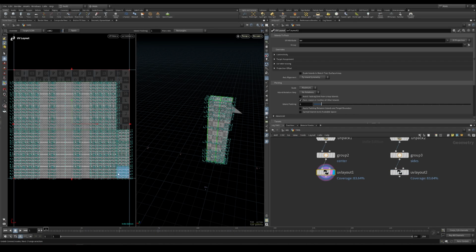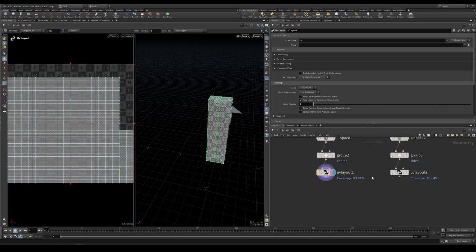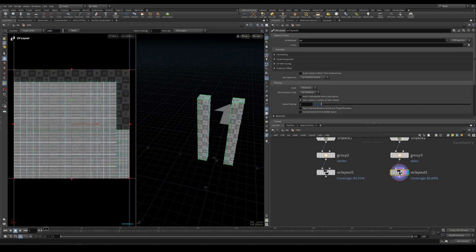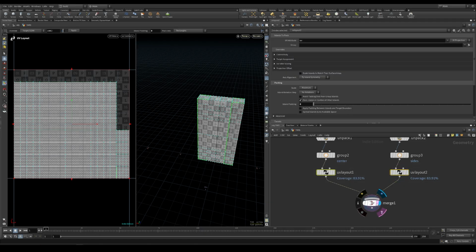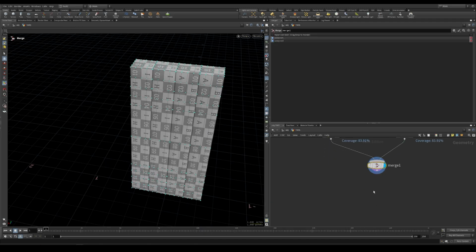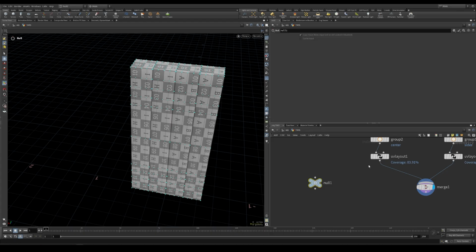Also for the UV layout, let me hide the name. I want to set the island padding to 0. I don't want these gaps between the geometry. So same for this other one, 0. And I believe everything else is good as it is, so we can merge these back. This will be basically the input for the FBX rope, but also we want to create two nulls to use